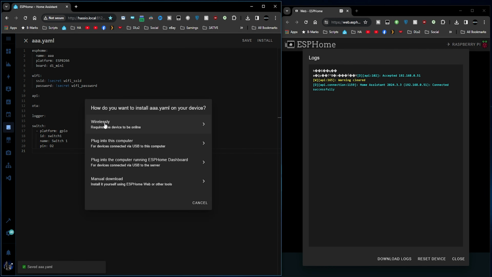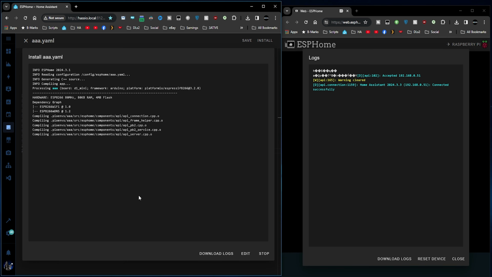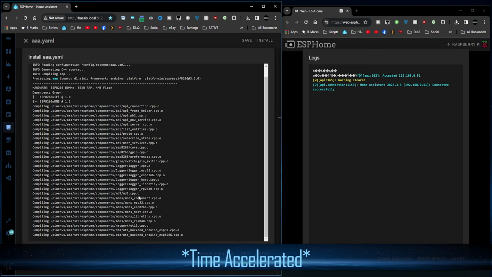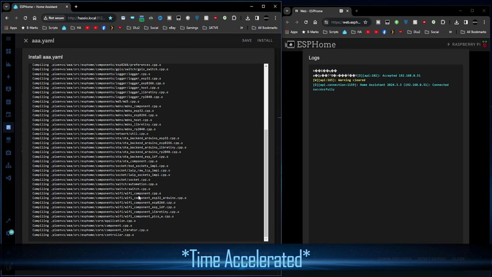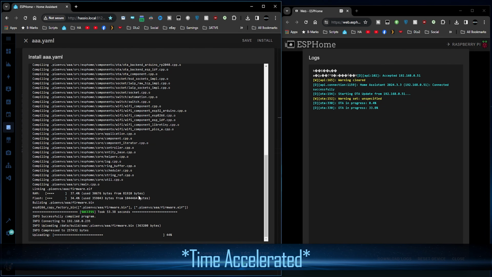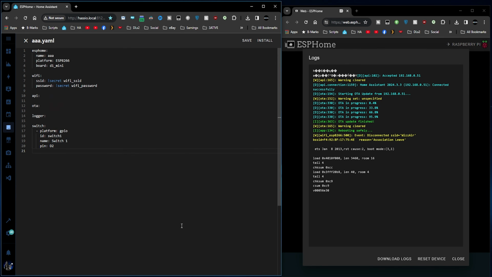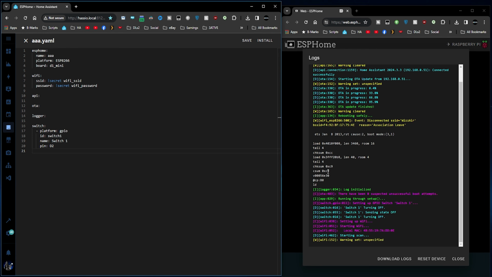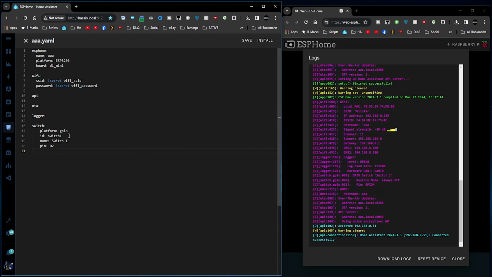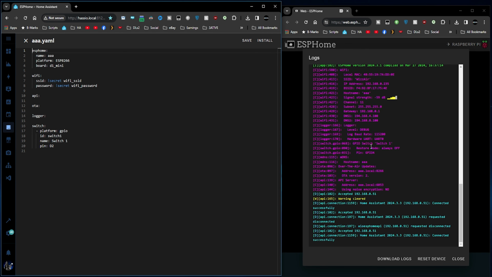This time I'm going to install this wirelessly, and it's going to rewrite all the C++ files. So give this a second. It's a new component, so it's got to write all these again. Okay, so there you go. It's now uploading the file. We can see the OTA update. While it's doing that and reconnecting, you'll also notice that we've got some extra checksum data, which is handy for debugging, etc. And there you go. It's connected to Wi-Fi. So we can see the logs there running through the serial port.